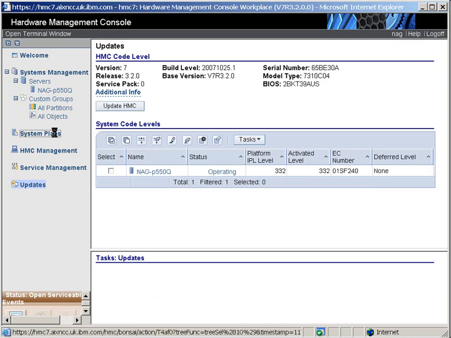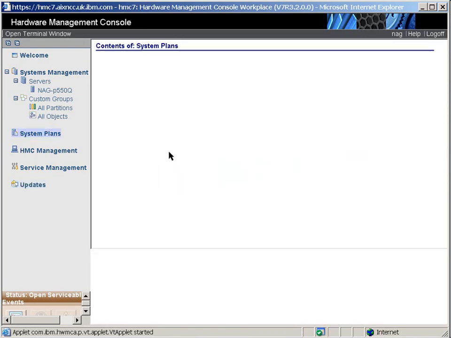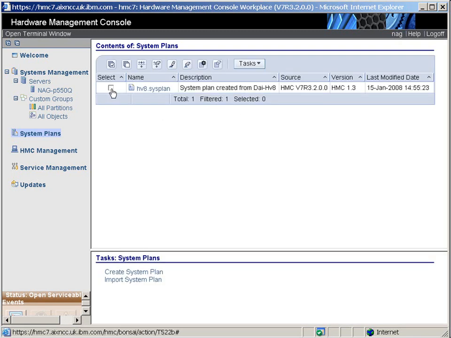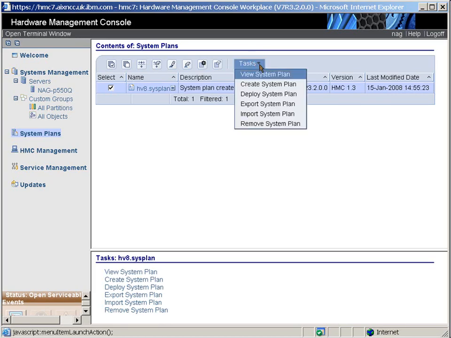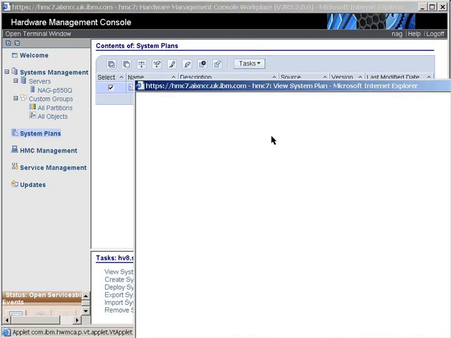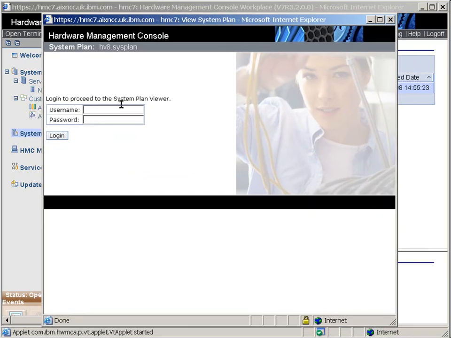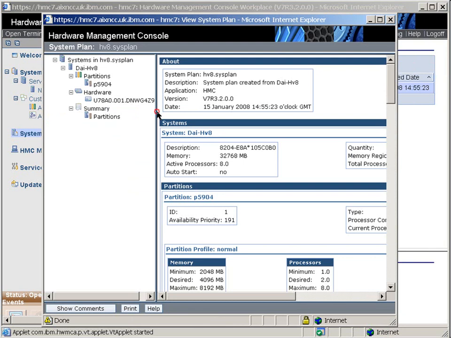And finally, if we go back to look at system plans, very powerful feature for very clearly documenting your systems. We have one here, it's actually from the machine that was disconnected. We can create them down here, or we can select one and go and have a look. Just going to check who I am. And here we have the system plan